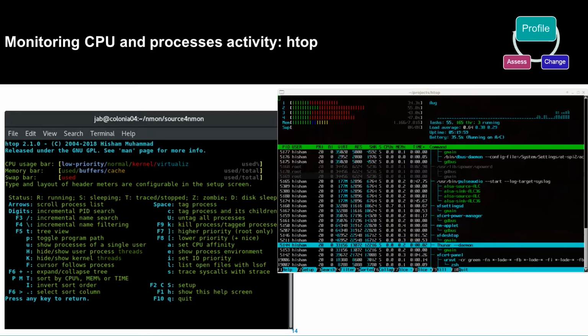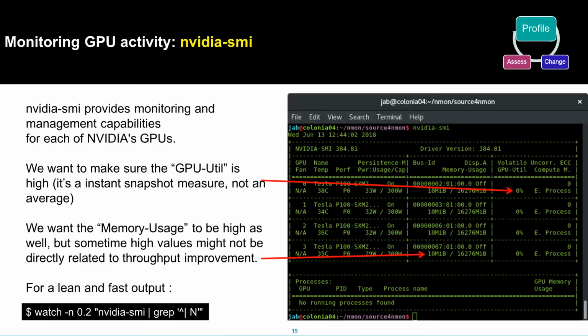You can eventually have a tree output of the process inheritance. We also use, again nothing new, nvidia-smi, which shows you the GPU usage, memory, as well as the CUDA cores and the compute resources inside the GPU itself.